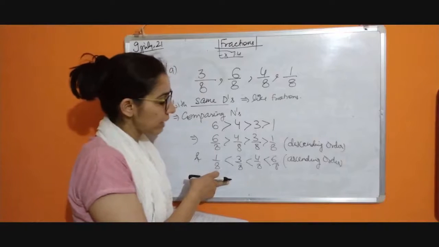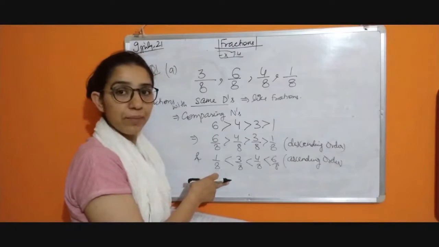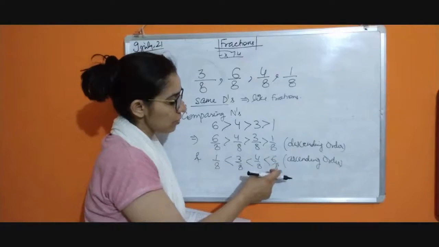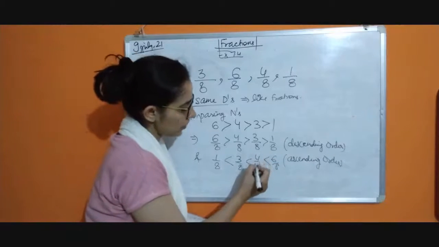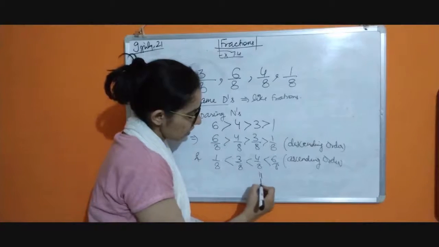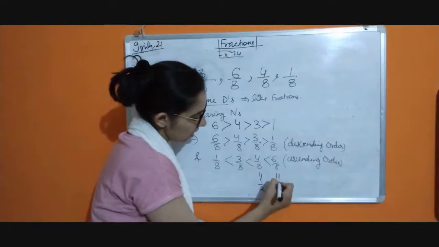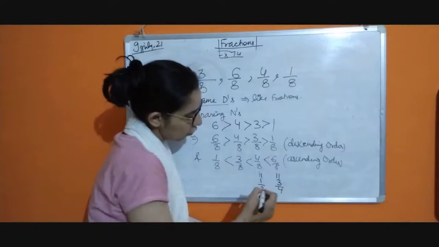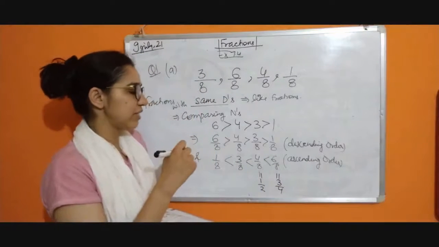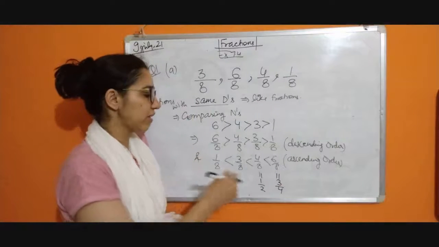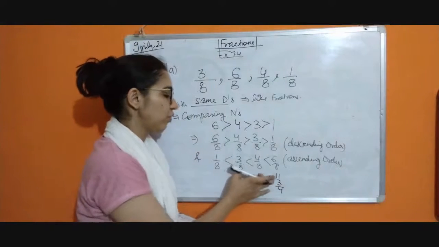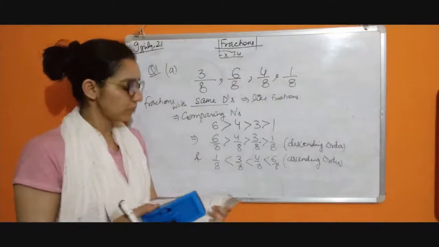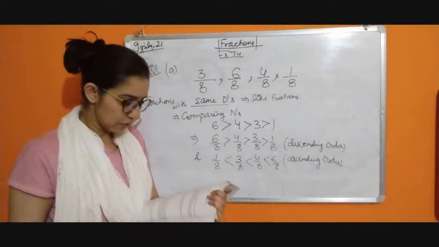You can write 4 by 8 as 1 by 2, and 6 by 8 as 3 by 4. Okay, and you see that these fractions are not equal. In fact, this one is less than this one. So we are going to use these signs only. So next, B part is